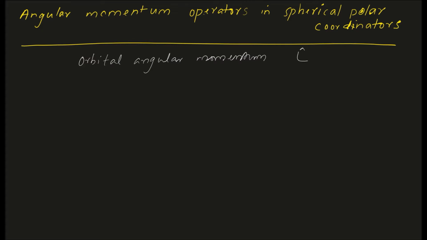specifically because we have seen in the previous class that in the general case we were using the operator J to represent the general angular momentum, but here we will be using L. So the components of this orbital angular momentum are Lx, Ly and Lz. Now in spherical polar coordinates, these components are given by